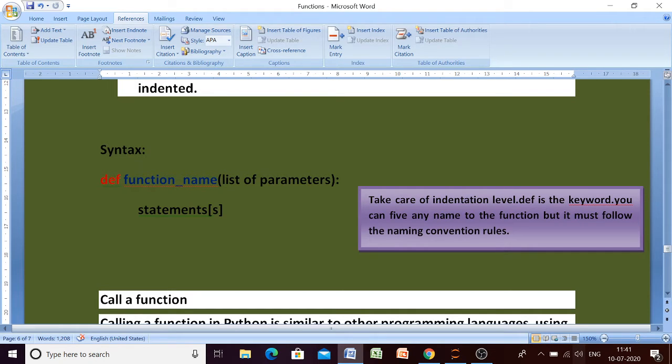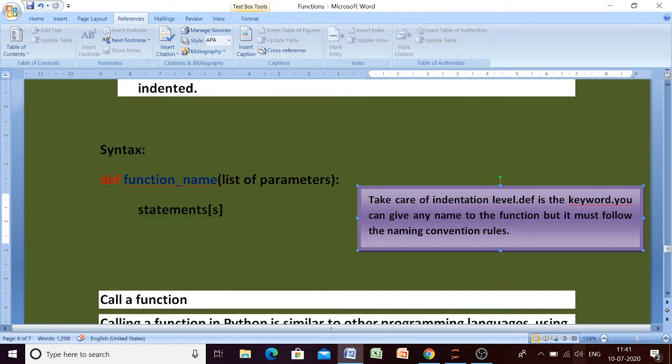See here, as soon as we put a colon, the indentation level will be changed. It is done automatically. So you have to take care of this indentation level. All the statements following this indentation level will be part of this particular function. Remember that. Def is the keyword and you can give any function name.